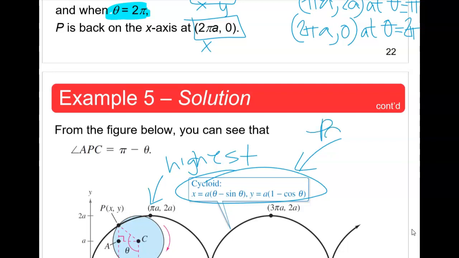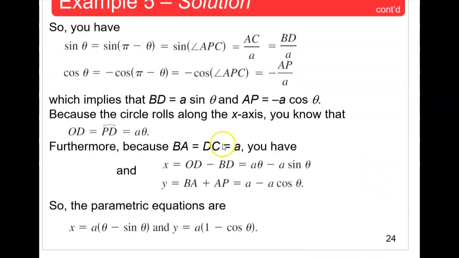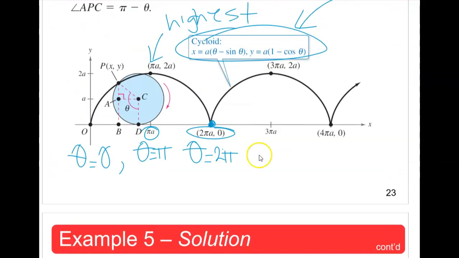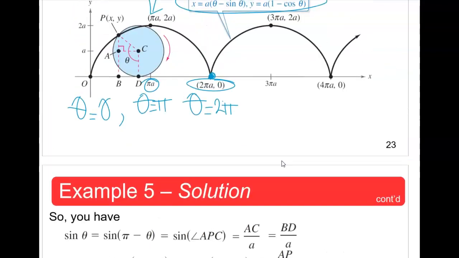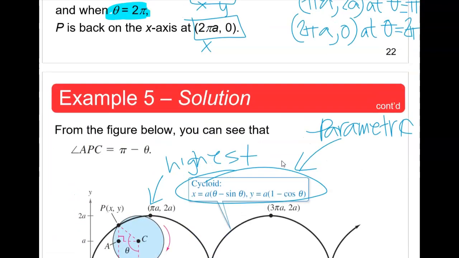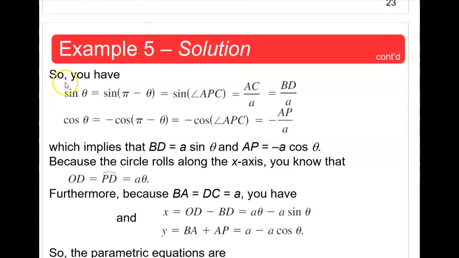Those are the parametric equations. So since we have the parametric equations there already, we're going to use them here. So for sine and cosine,